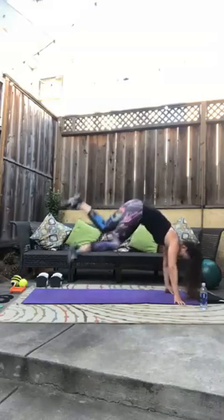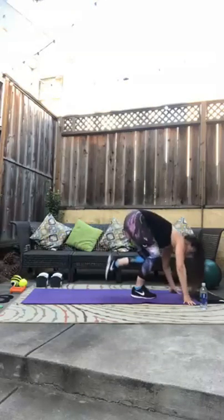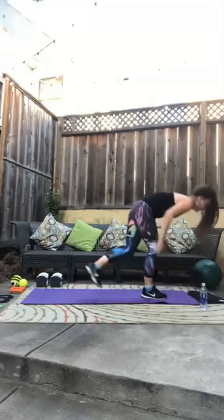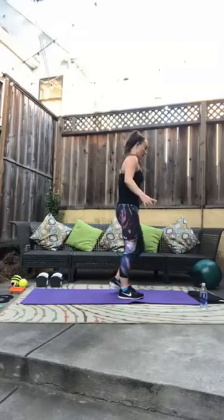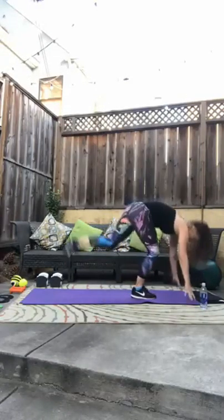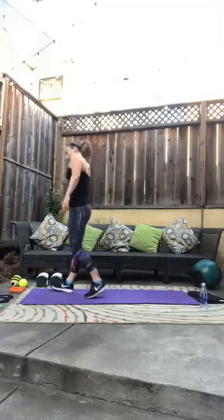5, 6, 7, 8, 9. Make sure you're getting into as full of a burpee as you can. Full plank. 10. 11. Good job. 12, 13, 14, come on, one more, whew, 15, good job, grab your weight,